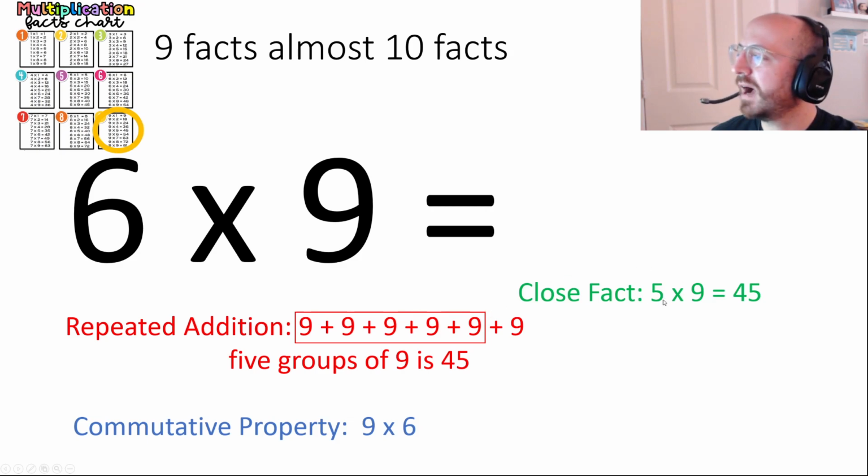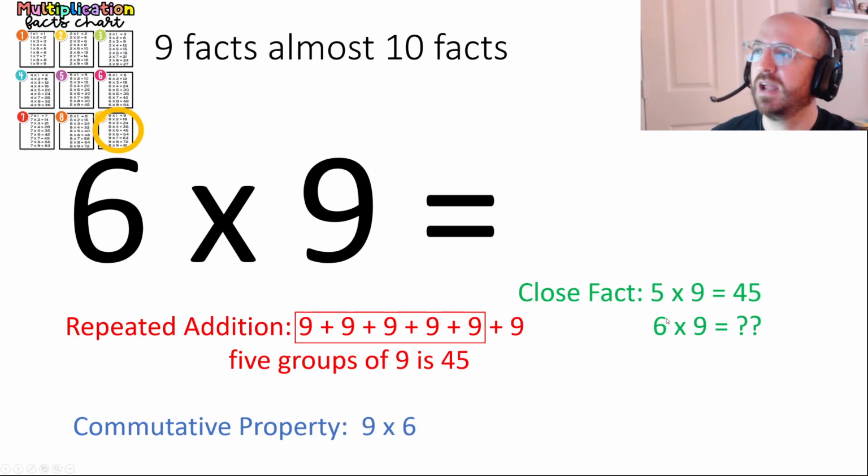Okay, so 5 groups of 9 is 45. What would 6 groups of 9 be? Well, we would just add a group of 9. 45 plus 9. Or you can think of